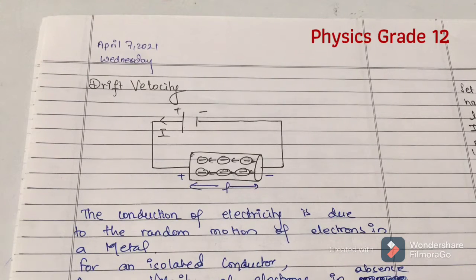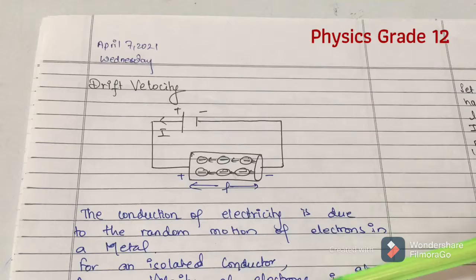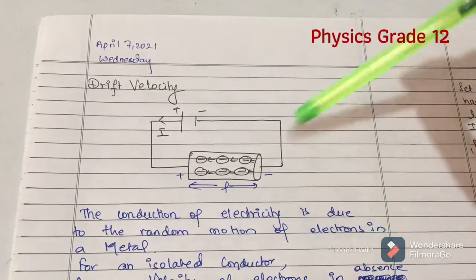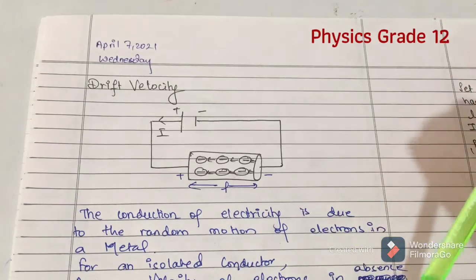So talking about drift velocity, the conduction of electricity is due to the random motion of electrons in a metal. So here, for an isolated conductor, the average velocity of the electron in the absence of an electric field is 0. हामीलाई त्यो कुरा थाहा छ कि isolated conductor मा इलेक्ट्रोनको भेलोसिटी